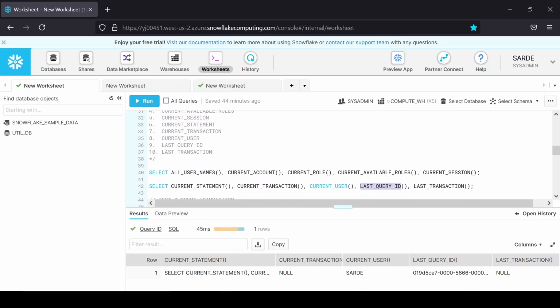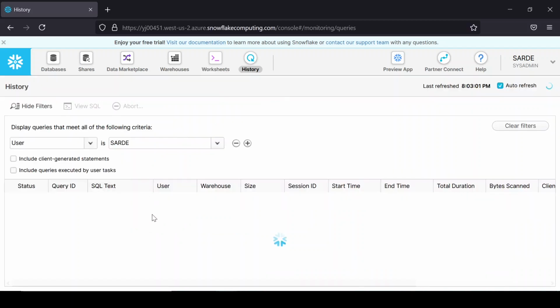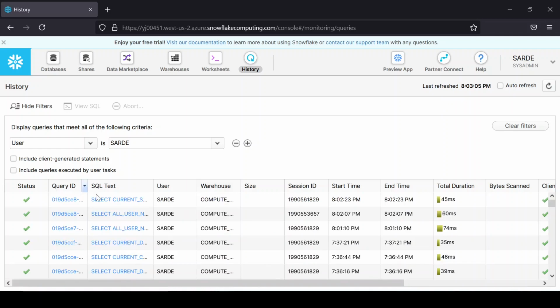For this last query ID, Snowflake also provides the history tab where we can look at the historical queries and their IDs. There is a lot of information available about the query, like its status, SQL text, which user ran that query, the warehouse, session ID, start time, and end time.